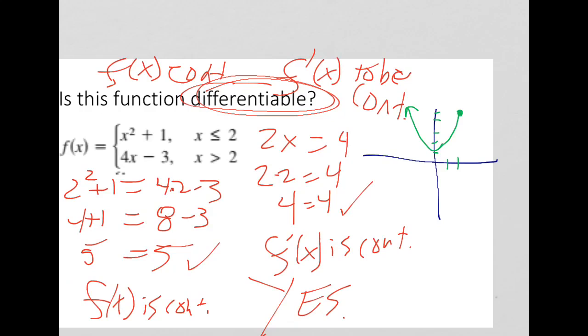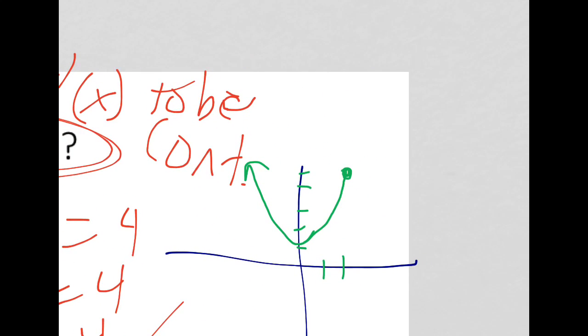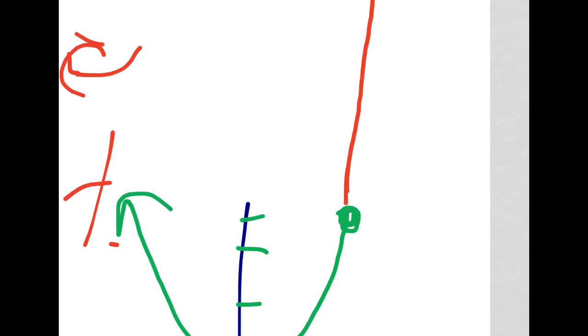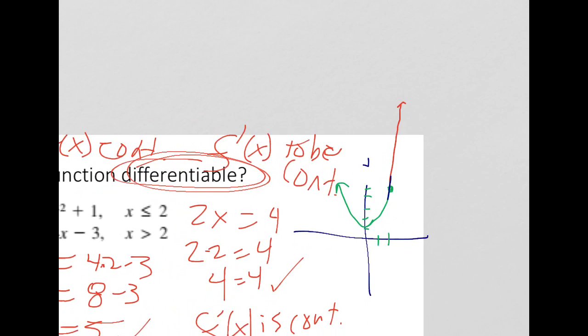And then we have 4x minus 3 is going to look like this. If I draw it in red, it's going to be much steeper. It's going to start here, but at that point right there, it's going to have the same exact slope, and then it's going to stay linear forever. But we don't get that situation where we get the little angle going on. We get a nice smooth curve through there. So this function is